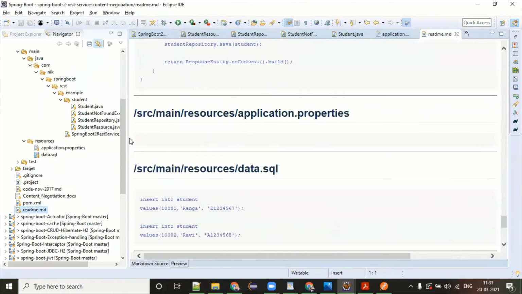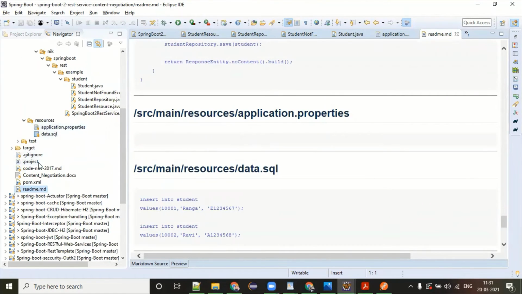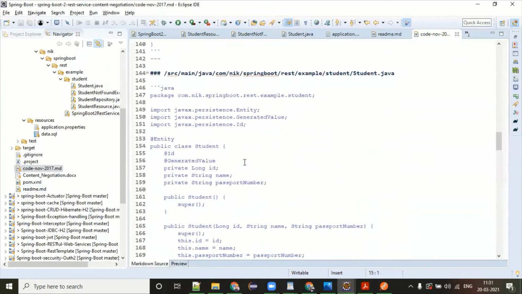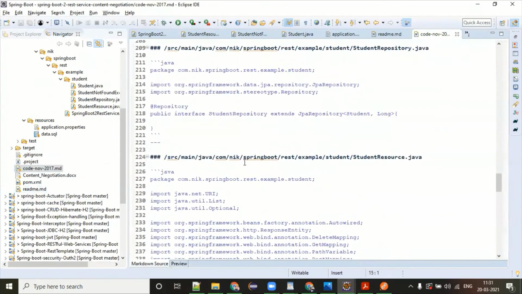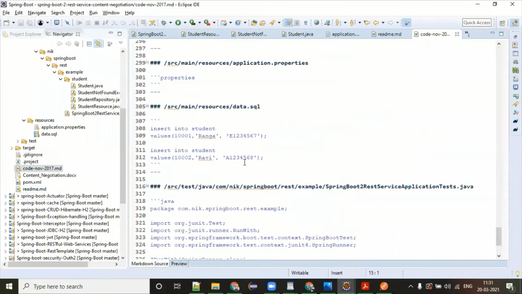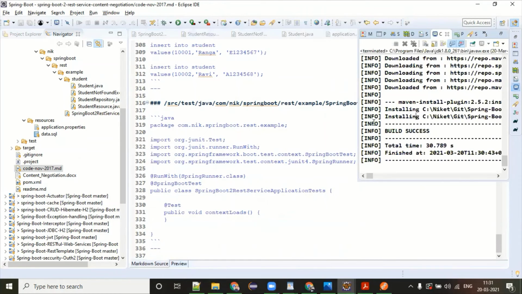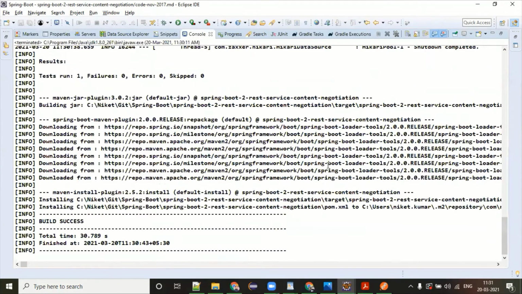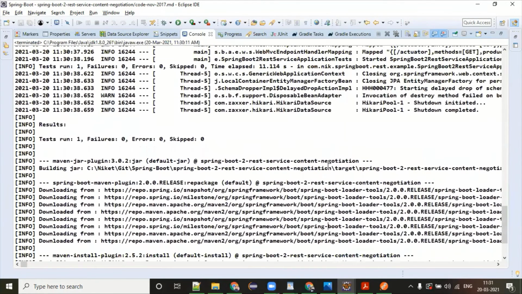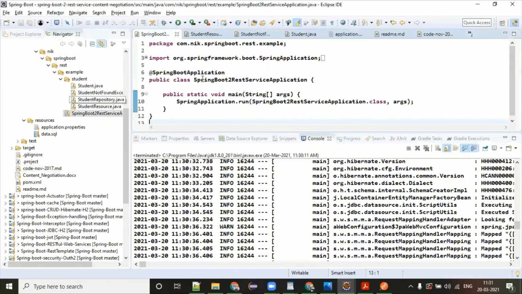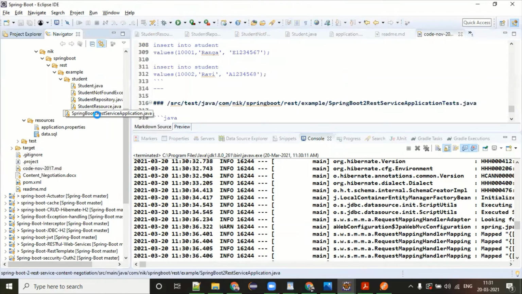Content type XML. Okay, Spring Boot application, let me open it again.